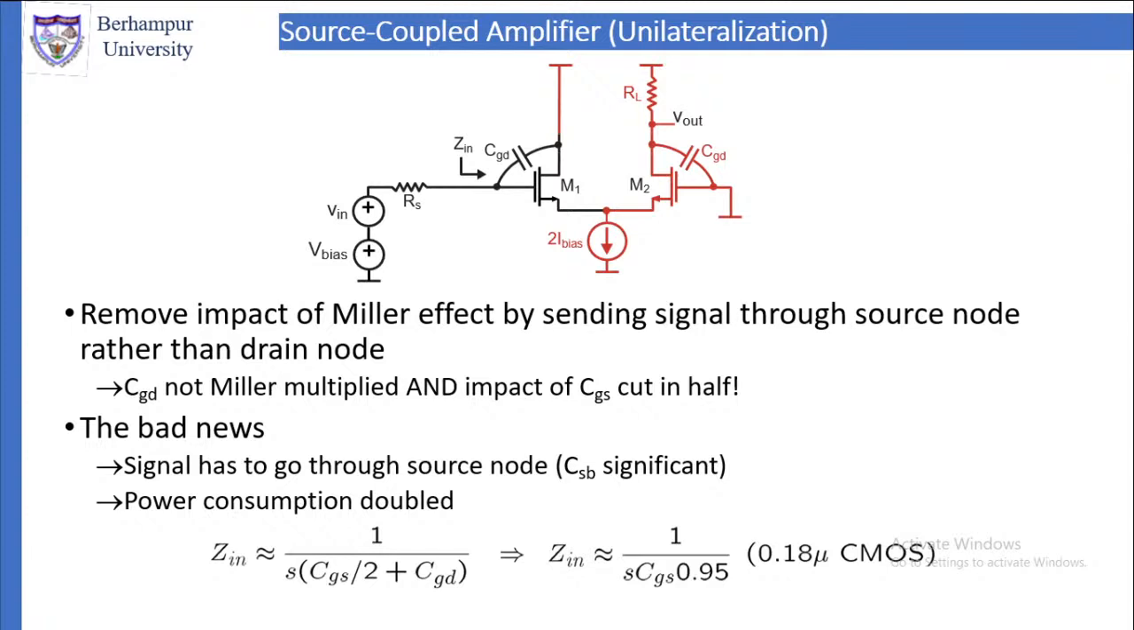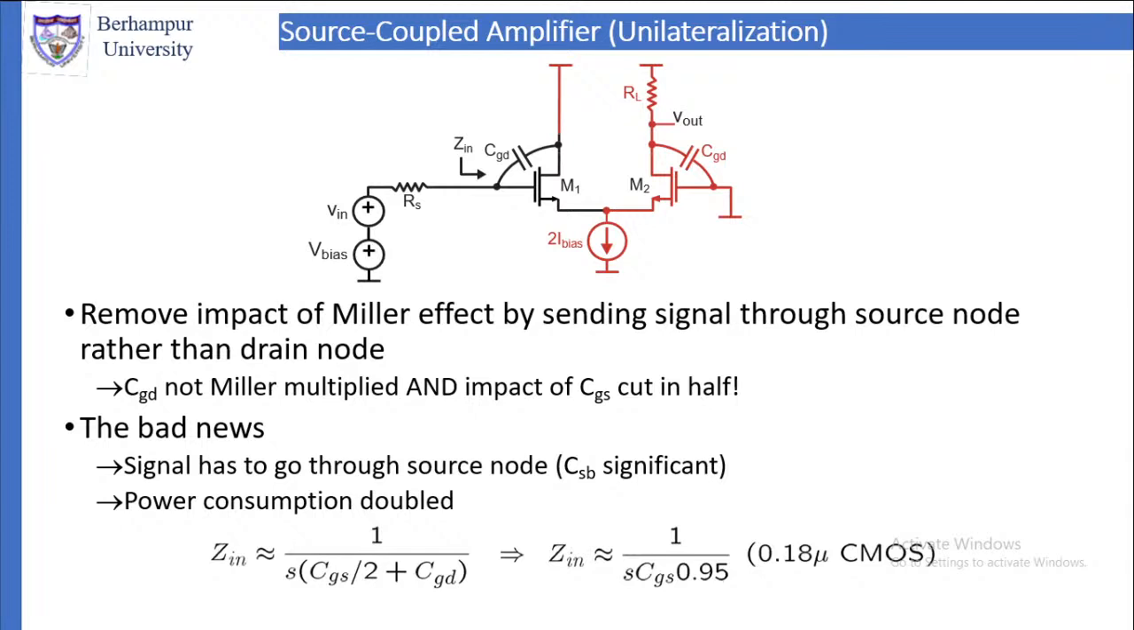Here we are connecting source with source. So two amplifiers, source with source. So source coupled amplifier. This is also called unilateralization. When source is connected to source, this is also called unilateralization. In this, if you look at the figure,